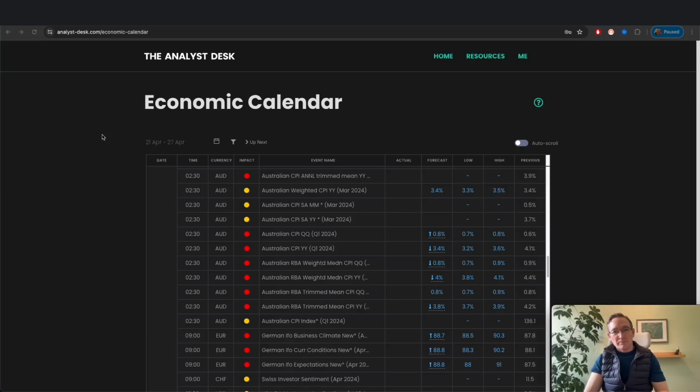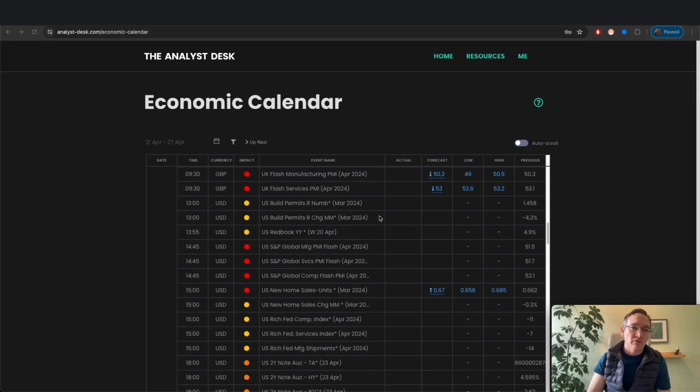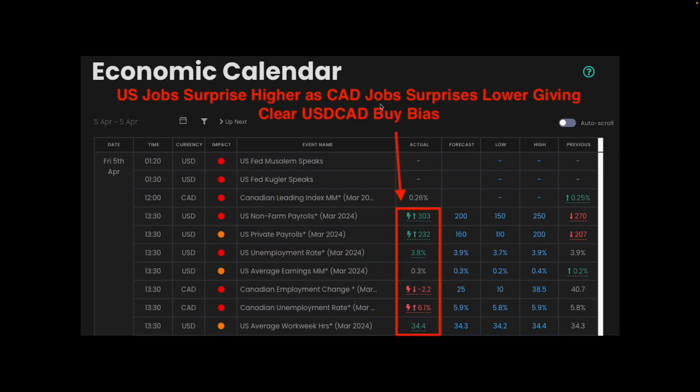A very warm welcome. Before we look at this week's calendar, why do we look at calendar events ahead of time? It's because when we look at the calendar, we can find superb and top trading opportunities before they occur. Now, in this instance, earlier this month, we saw a great opportunity when we had very strong US jobs data